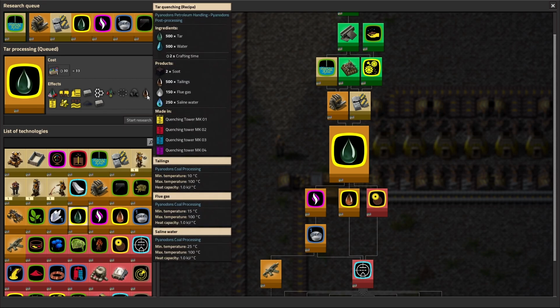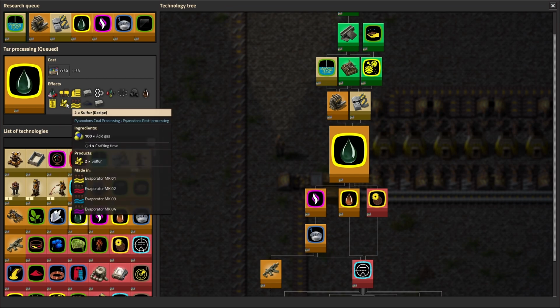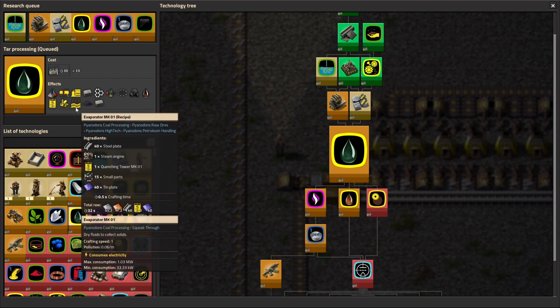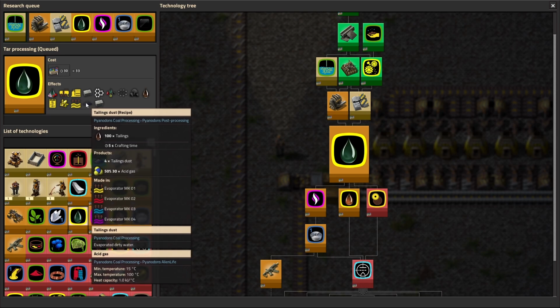Really crazy stuff, man. Tar and adding water gives us soot, tailings, flue gas, and saline water. That's an interesting one. Oh, it's tar quenching. Okay. Quenching tower, sulfur, which is using acid gas. That one is, so acid gas to sulfur. Oh, it's made in an evaporator, which is here. Quenching tower is included in that one. Here's the tailings. Oh, that's where we get our acid gas. Okay, tailings we get the dust, and then we get a 50% chance of getting 30 acid gas, which is